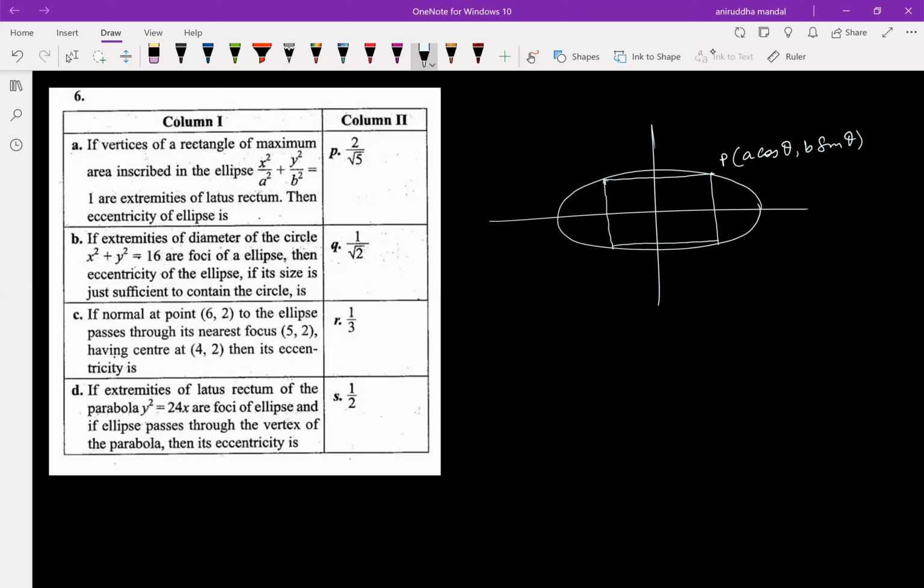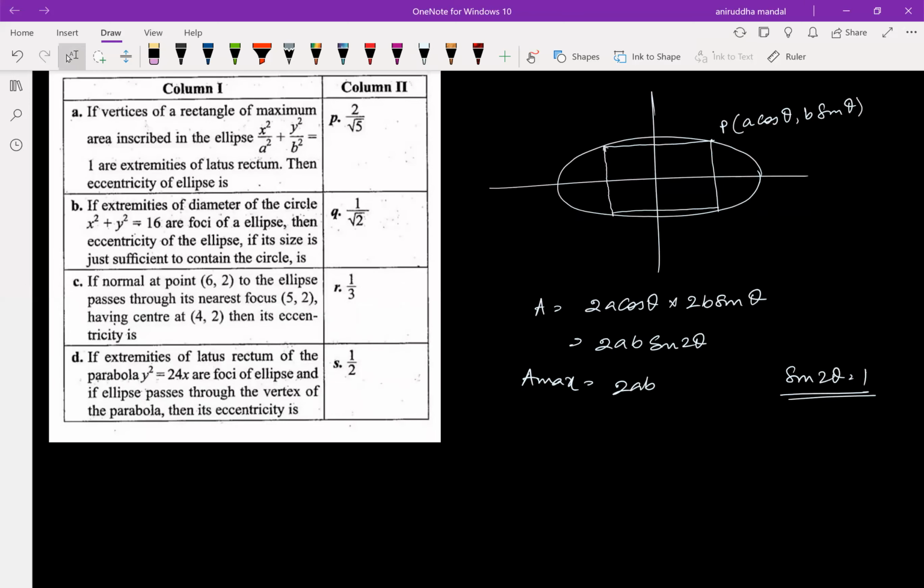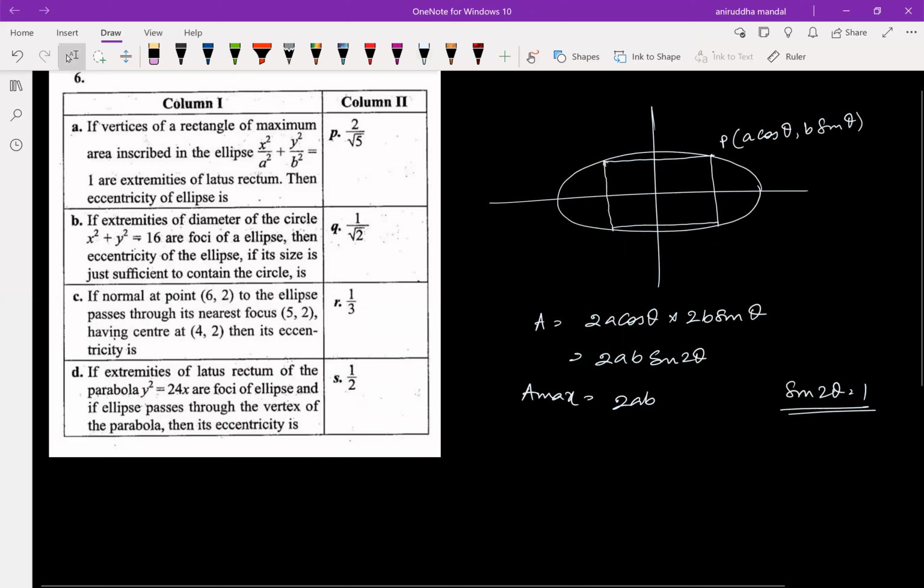Okay, so area of this rectangle is 2a cos theta into 2b sin theta. So this is nothing but 2ab sine 2 theta. Okay, so if this area has to be maximum, which means this sine 2 theta is 1. Okay, so this is 2ab for the maximum area, and it is given that these points are the extremities of